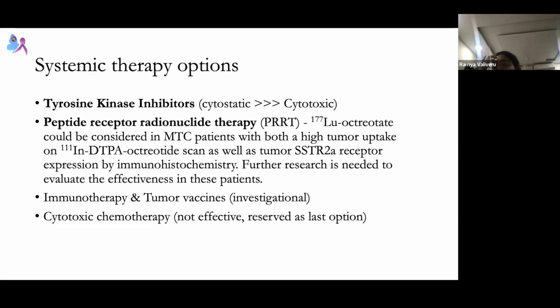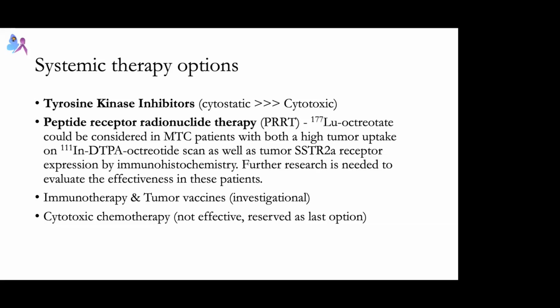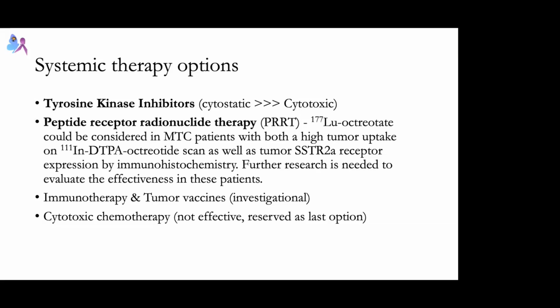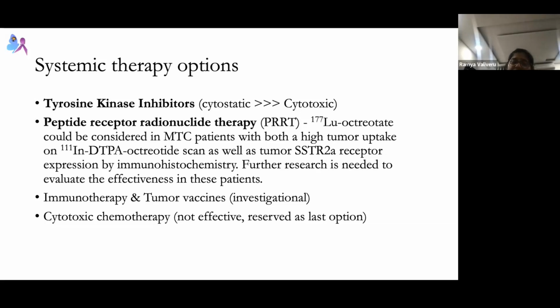Yes, ma'am. Somatostatin receptor inhibitors can also be used in targeting these receptors 2A and 5, which are there in MTC. But they're not cytotoxic. Yeah, but it can be used as palliative. So we're talking about systemic therapy, an active molecule that is going to either make the cell static or kill them. So there should be an active element, right? The active element tagged to octreotate is lutetium-177. Okay, you get my point, right?